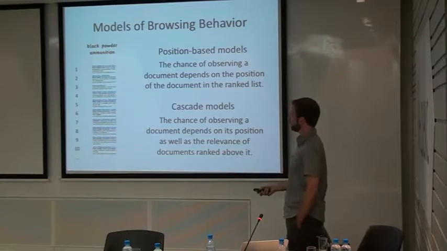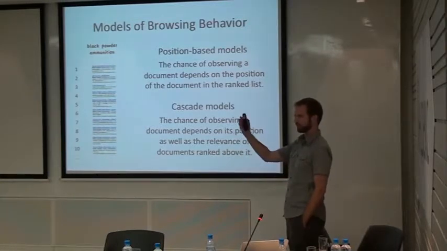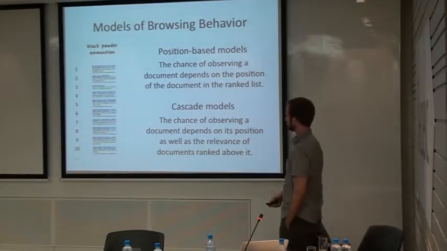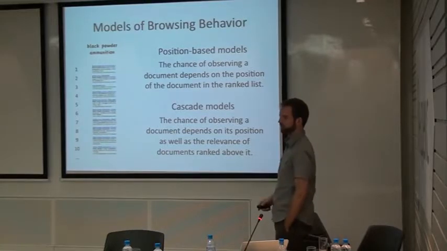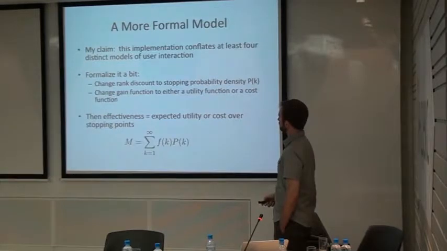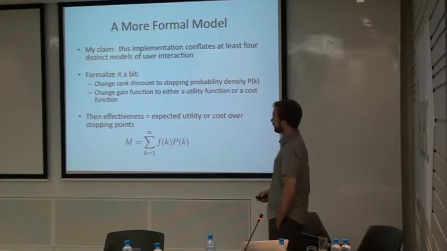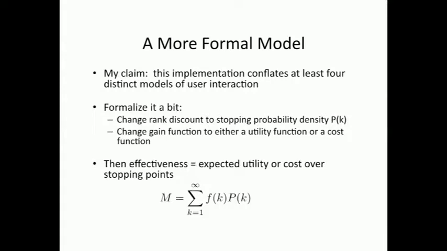So that's DCG, and here is again the relative discount for these ranks. And you can think of these as some kind of probability that the user will see this document, and I'll show how that works in a few slides here. But again, we have our gain function, we have our discount function, and then we have a sum over ranks to get the final measure.